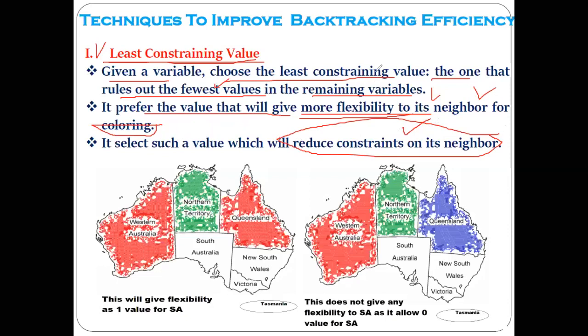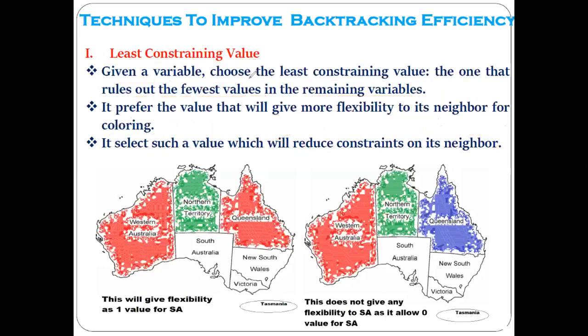Okay. Now let's see the example. Now we have this region, the same example we are carrying on. Okay, map coloring related with coloring the regions of the country, Australia. Now suppose here we first choose the red color. Okay, here as you can see, we have first chosen the red color. Then here we have chosen another color, that is the green color.